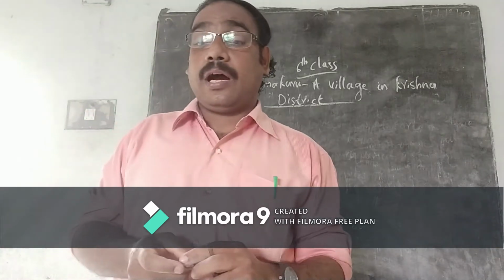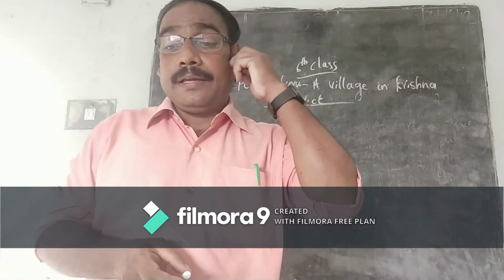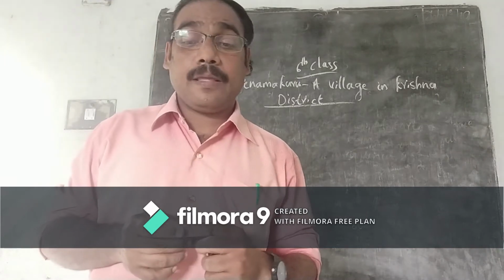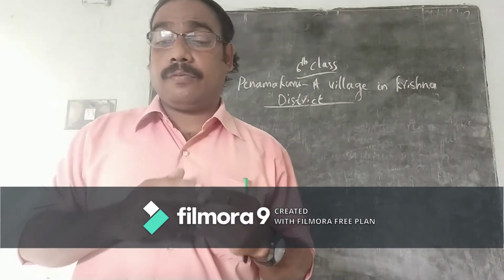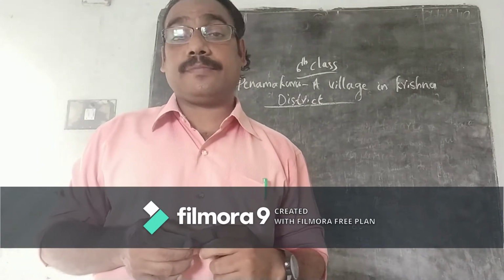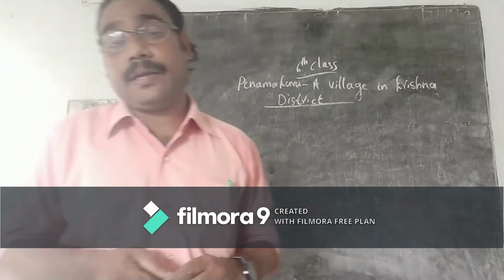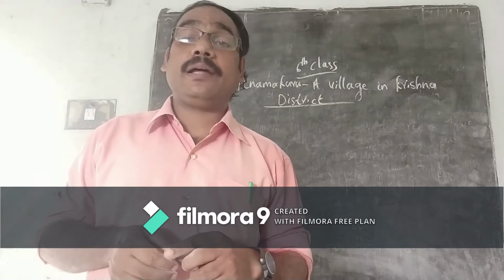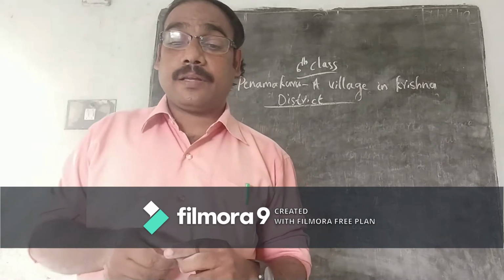Out of 750 families in Penamakuru, nearly 600 families do not have land. Is it clear? So they either take land on lease from the landlords or work for other farms. They are taking land in different ways: one, they take it on lease from other members, or they take work for other families.